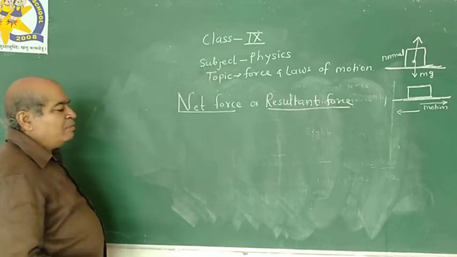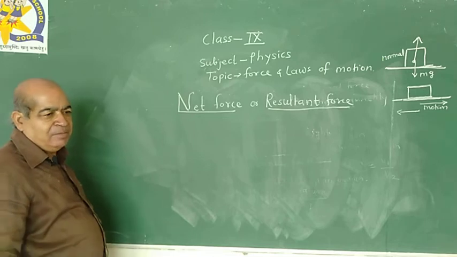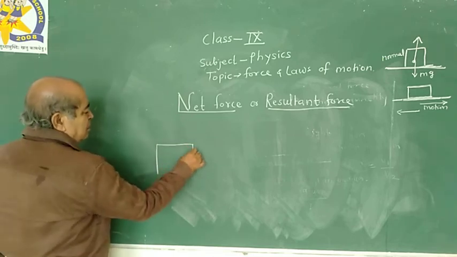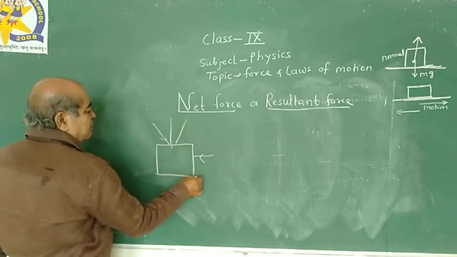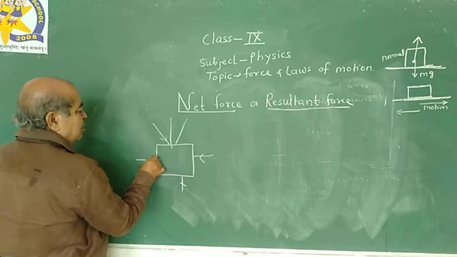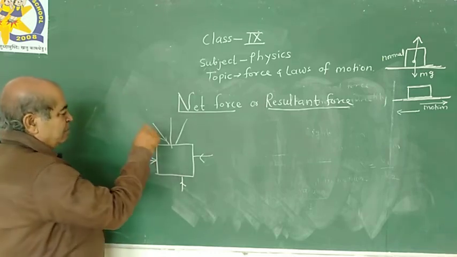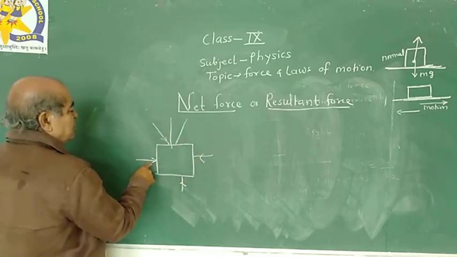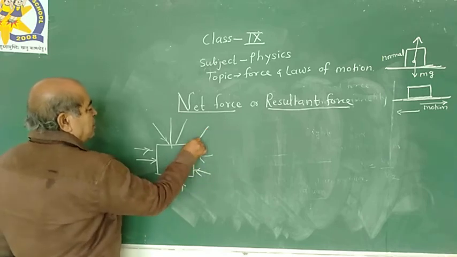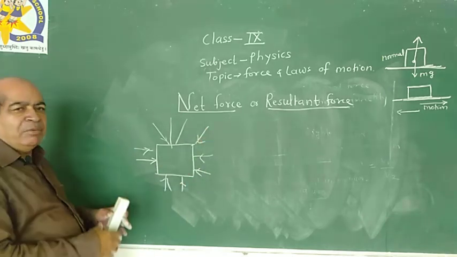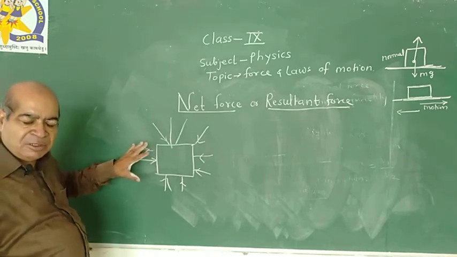When a number of forces are acting on the object, suppose this is the object, and the number of forces F1, F2, F3, F4, F5, F6, F7, F8, F9, F10, means when a number of forces are acting on the object